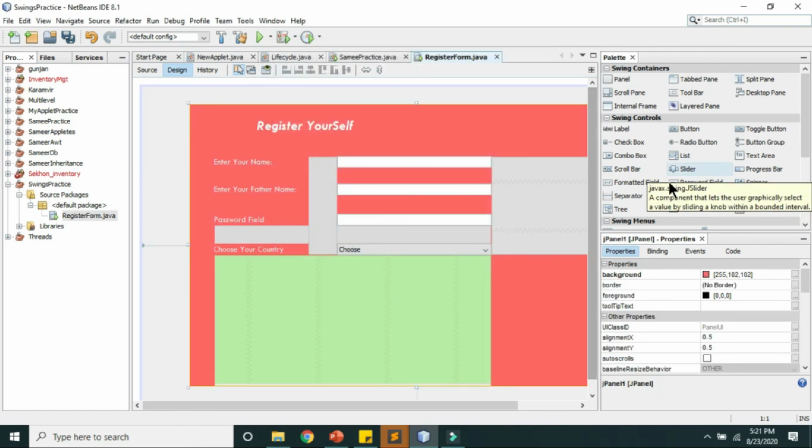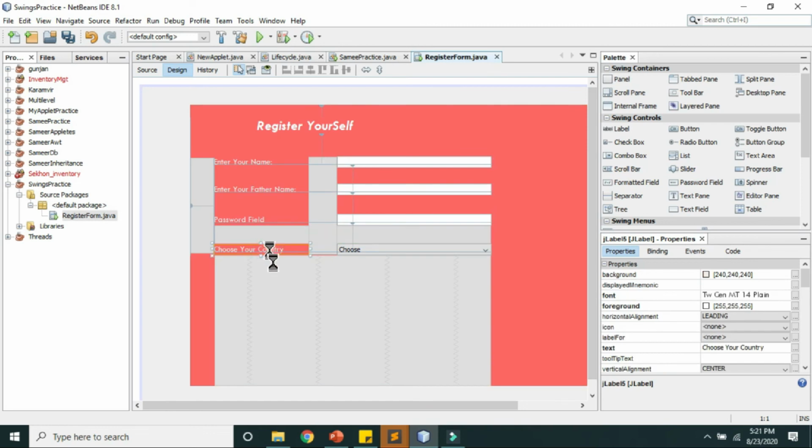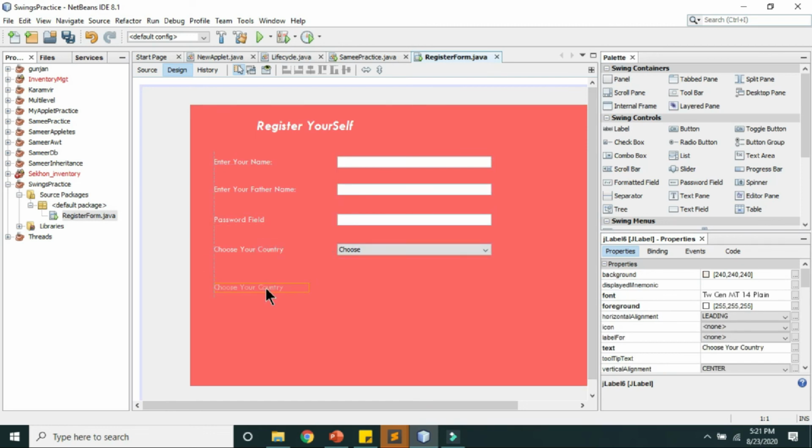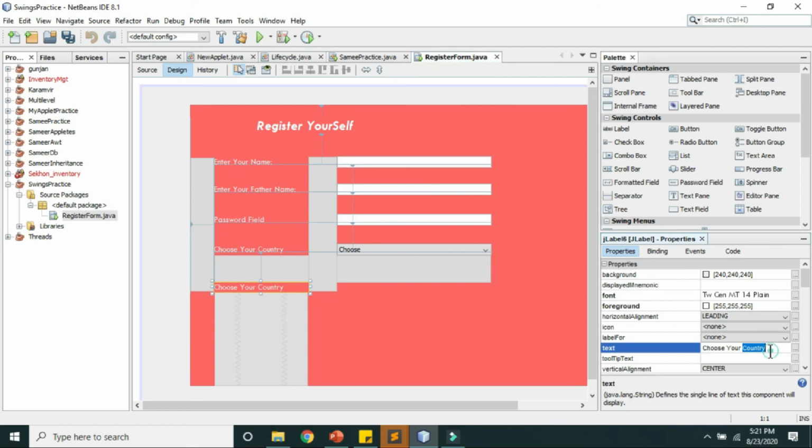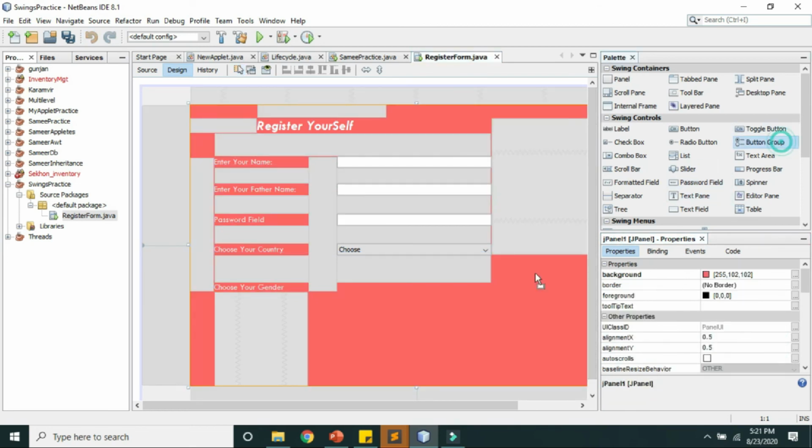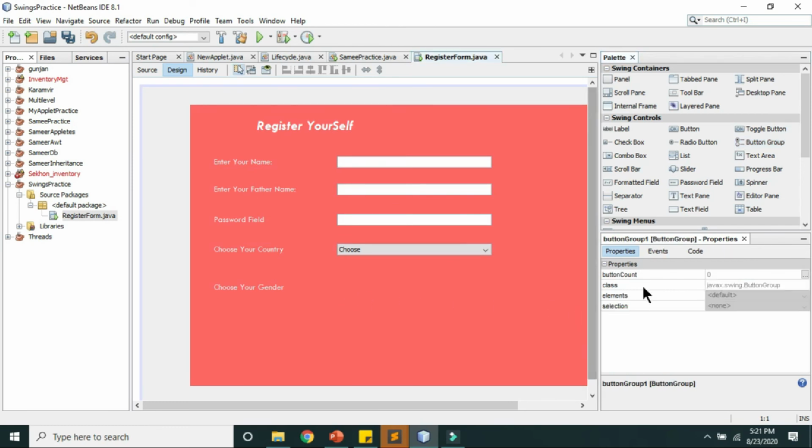That's it. Then again I will copy this code. I'll change it to choose your gender. Okay, use a button group property here. Once you place the button group property, place your radio button.